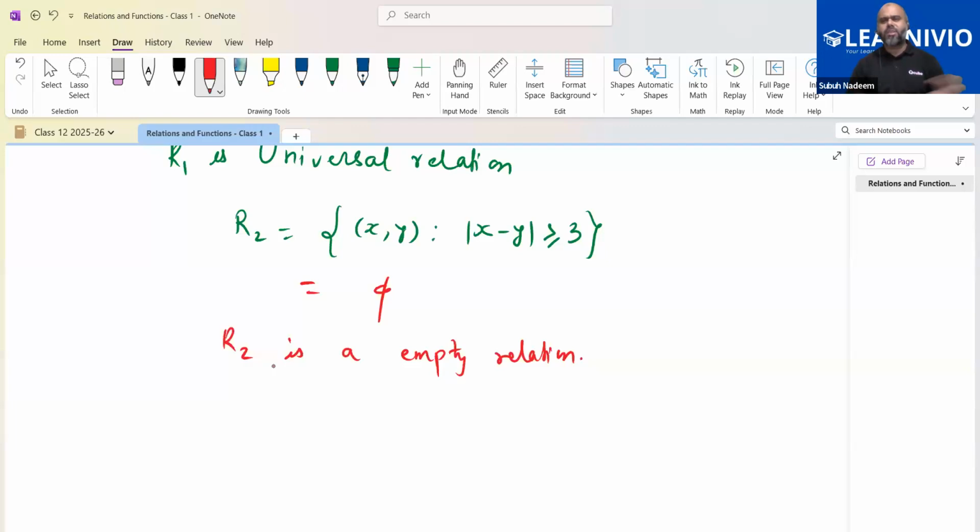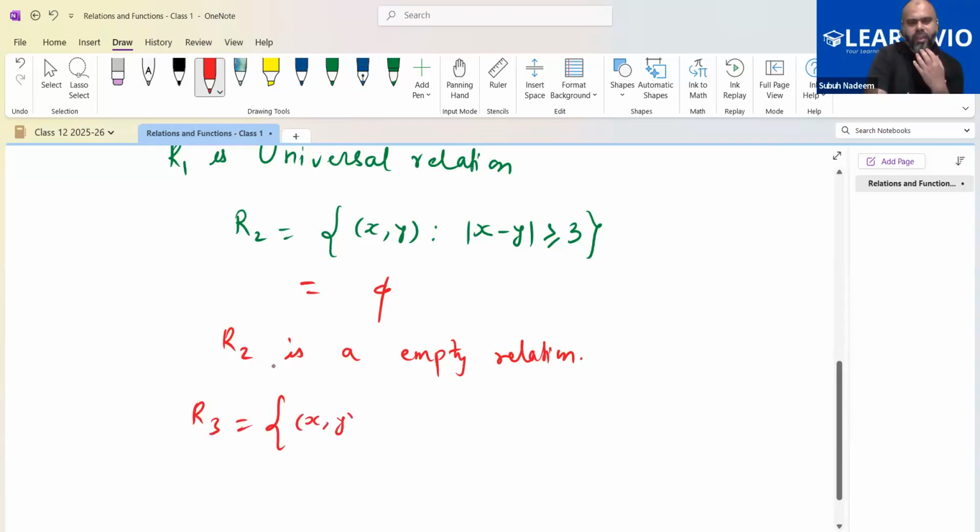So these two are extreme cases. One is the empty relation, the null relation, and the other is the universal relation. All other relations will come under the category of these two extremes. Like if I take the R3 relation and I want to ask you about x comma y such that